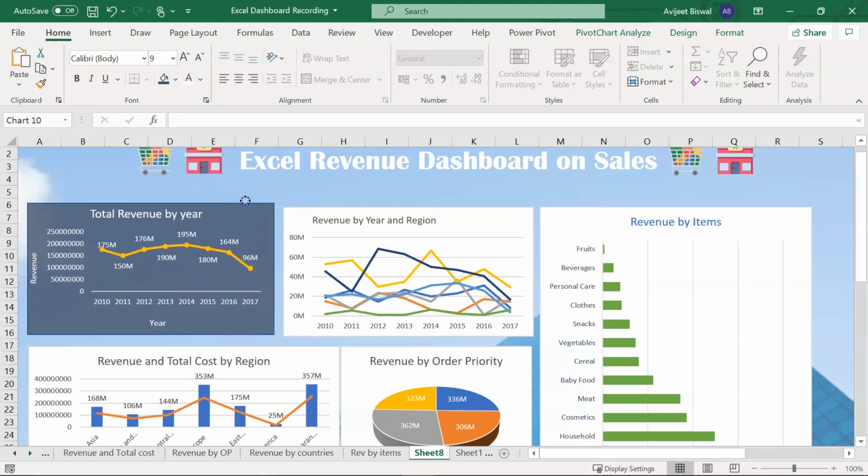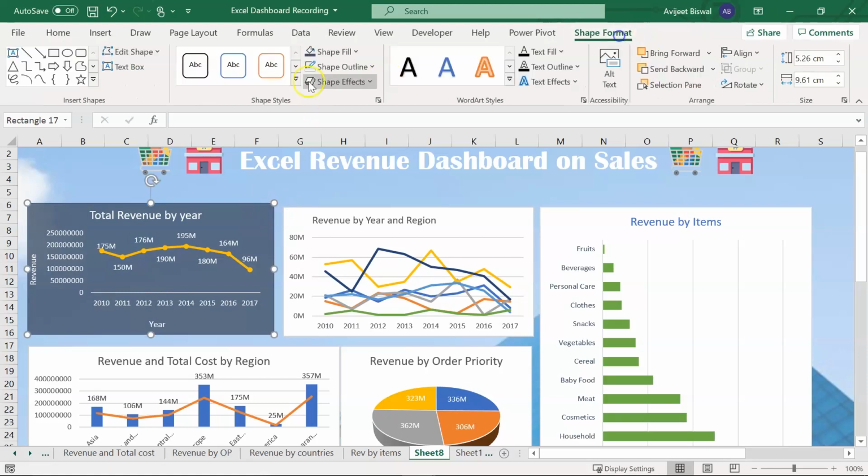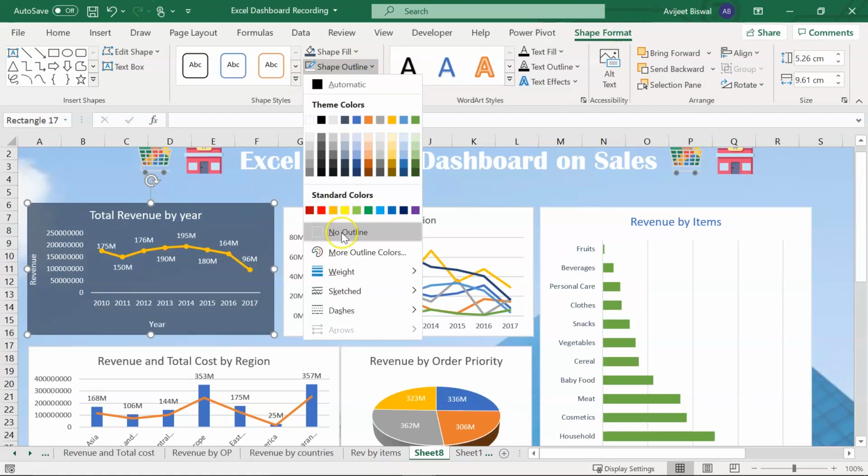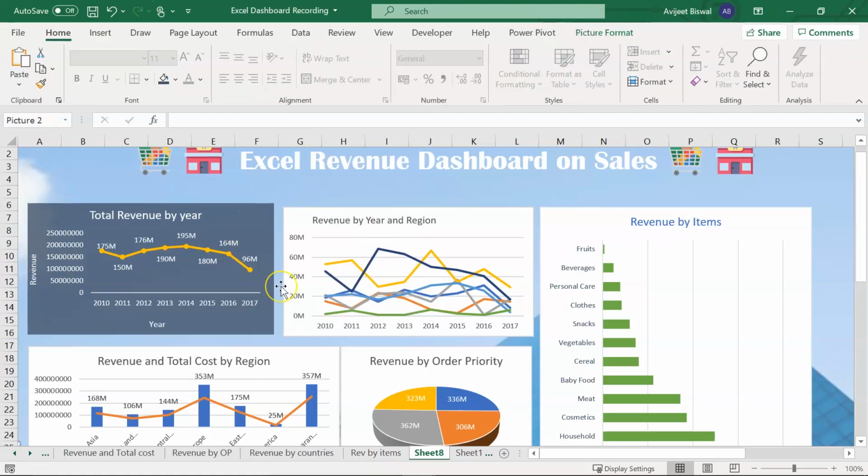Now we'll just adjust our chart over here. Next thing, let's just remove the outline. So I'll go to Shape Outline and I'll select No Outline. You see we have now formatted our chart. Let's just pull this a little up.